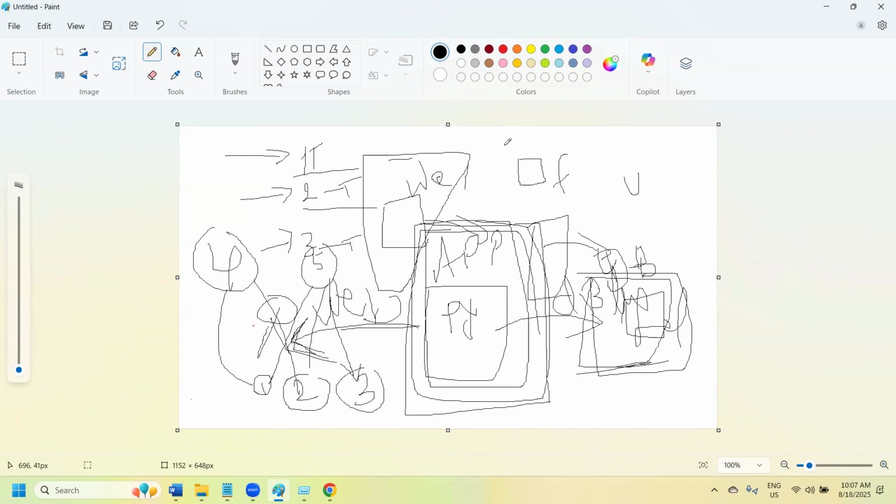So we call these presentation, application, and database layer.